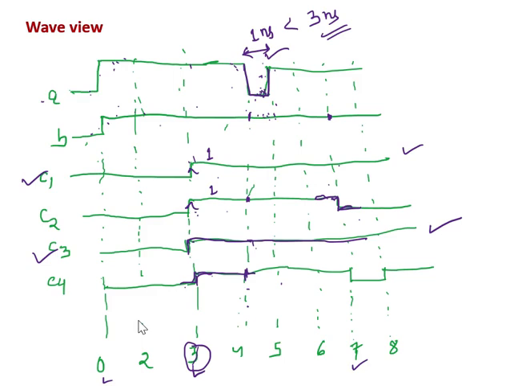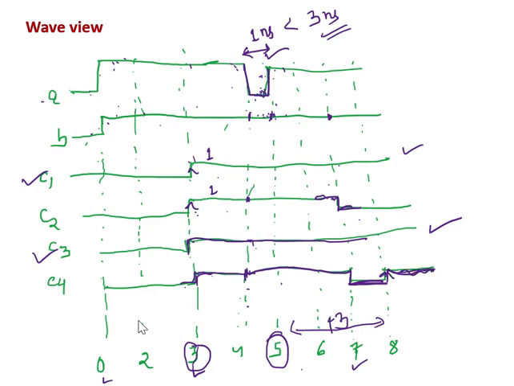So after 3 nanosecond, so 4 plus 3 means 7 nanosecond, after 7 nanosecond I will have 0 value. Then it will be again 1 into 1, so it will be again 1. Because this transition 0 to 1 happened at 5 nanosecond, after 5 plus 3, which is 8 nanosecond, I will get again 1.